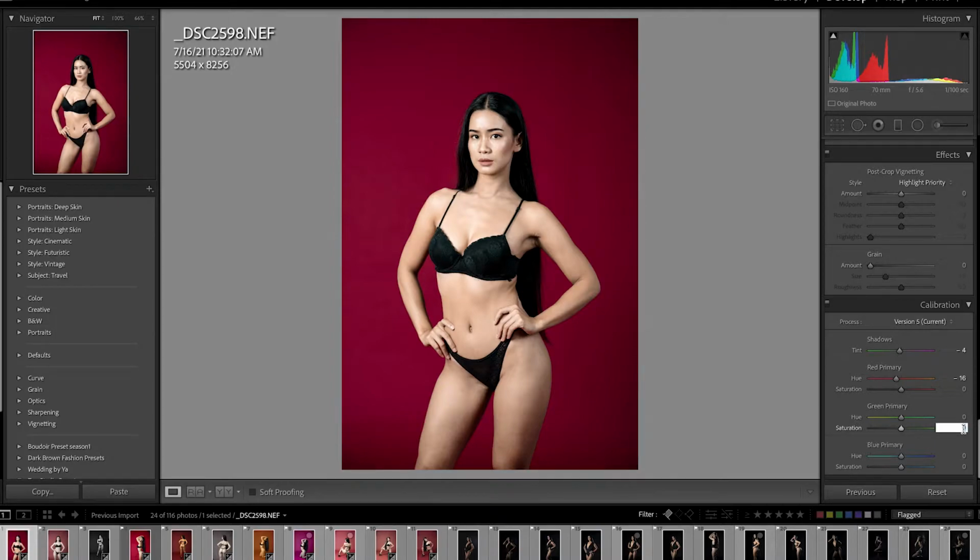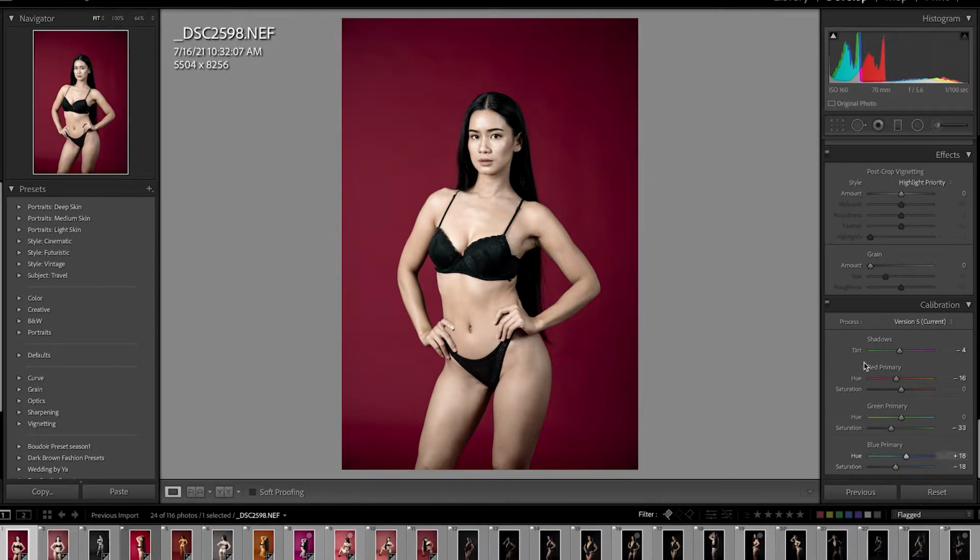Okay, so this will be -33, and blue in calibration will be shadow, gray shadow, right, and red primary, green primary, and blue primary. So blue,